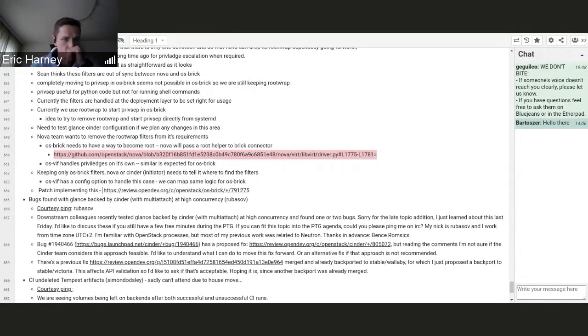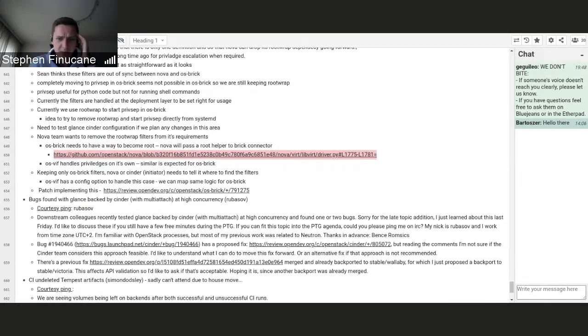The change basically takes calls that are currently calls via rootwrap and puts them into a privsep section, which then just calls process utils execute, I guess. Yeah, effectively how we did it for Nova. So there's no kind of passing of,